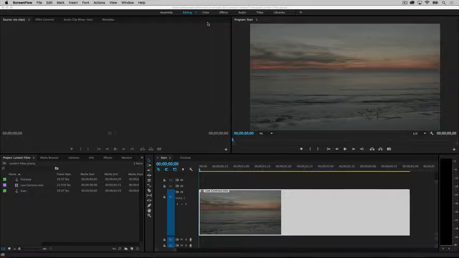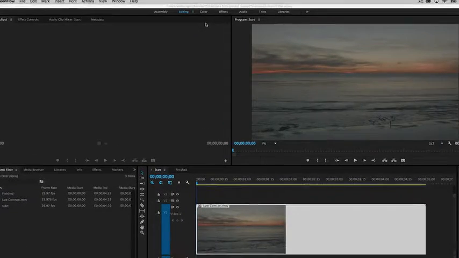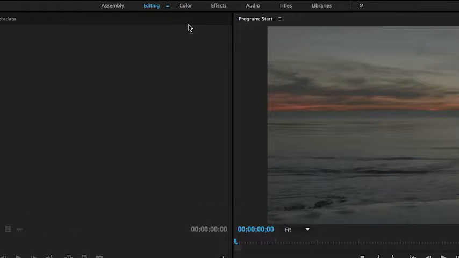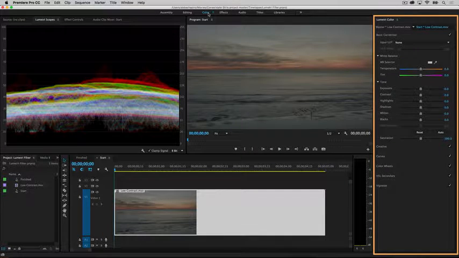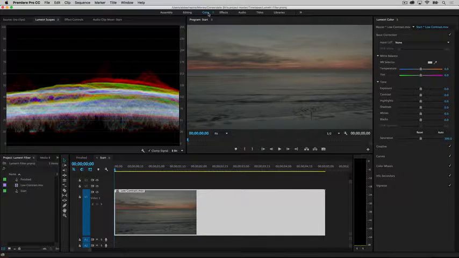As a DSLR photographer, you will love the color controls available in the color workspace in Adobe Premiere Pro. To get there, switch your workspace layout from the editing workspace to the color workspace. You do this by clicking on the word color at the top of the interface next to the word editing. The Lumetri color panel will appear on the right side of the interface, and on the left, you'll see the